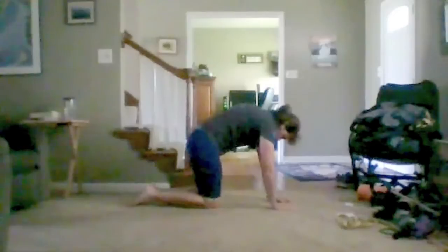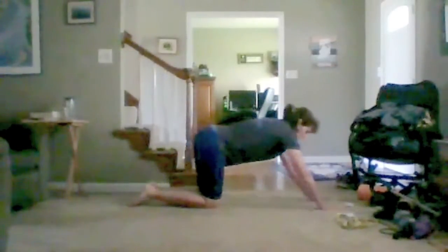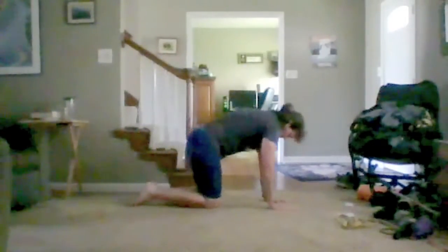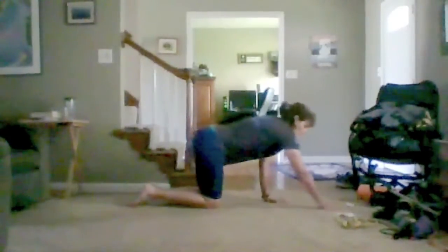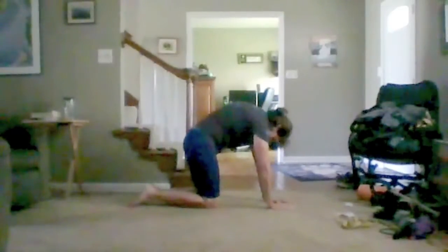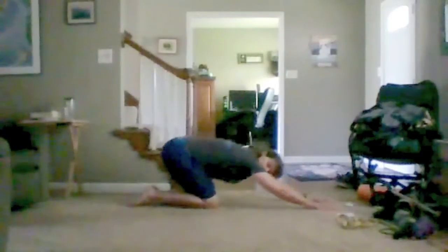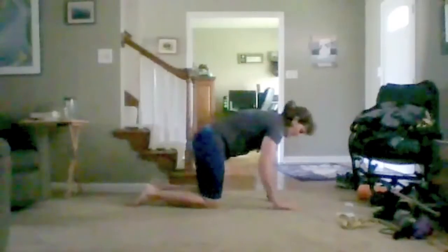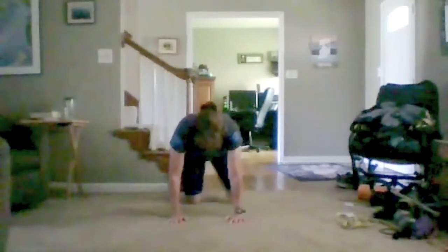Make sure core is ready. I don't want to jump into side planks right away. I want it to be a little bit warmer, a little sweat going. Nothing real fast, just smooth. All right, then after 4, you're gonna go into the old fire hydrant, staying nice and tall, just swinging that leg